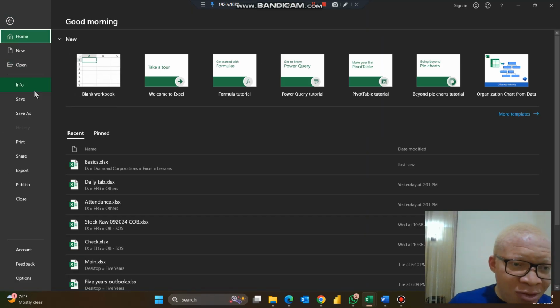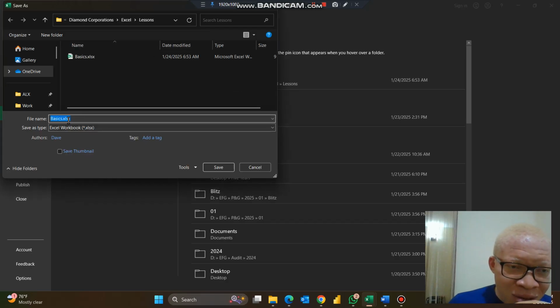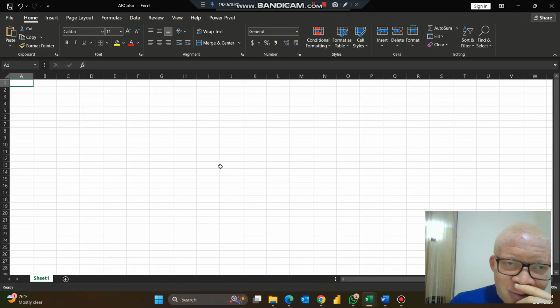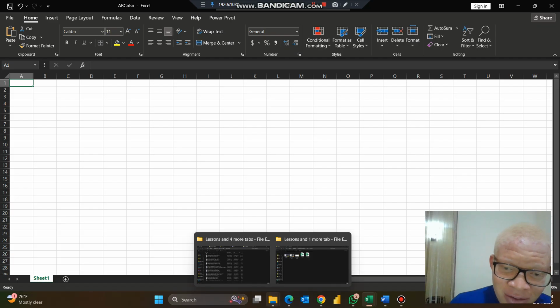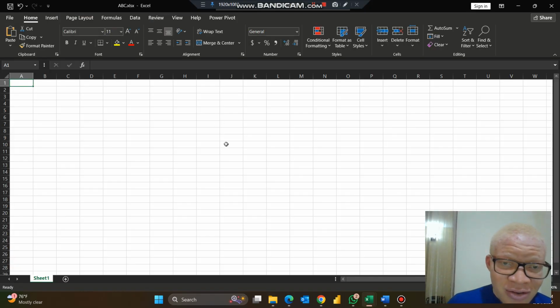But if I want to have another file, I can say save as. Then I go here and maybe I change the name to ABC. Right? If I save, this is now another file, named ABC. If you go to the directory having the files, you see now there are two different files. So you can either save to replace using your normal save,